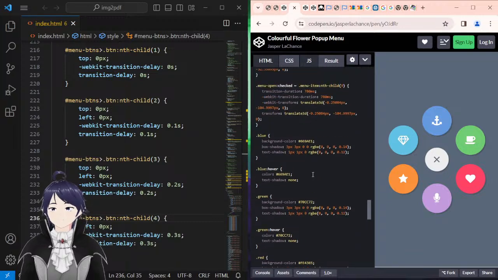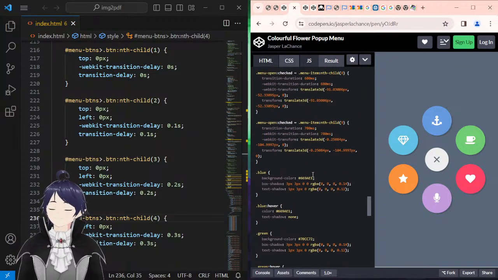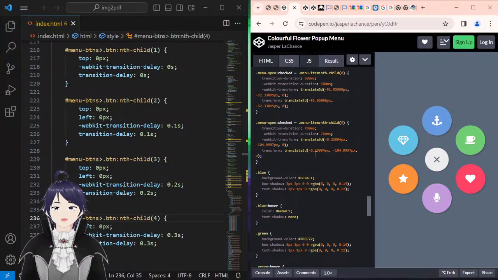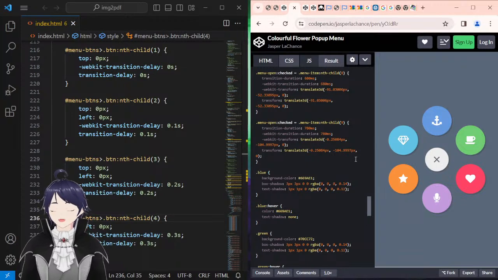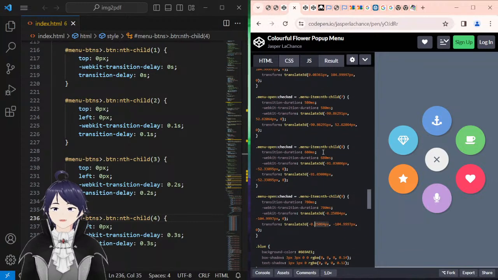Wait, what? Oh, it's doing transform. I think this one is mathematically computed. I'm not exactly sure, but I have a hunch that this is mathematically computed. They are using transform instead of